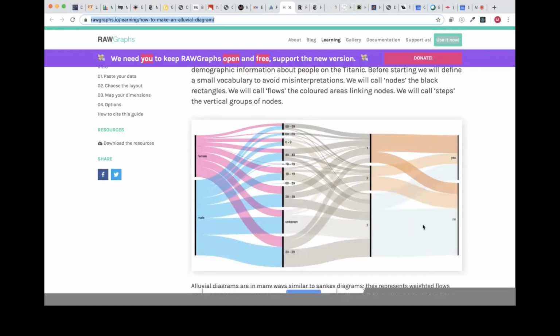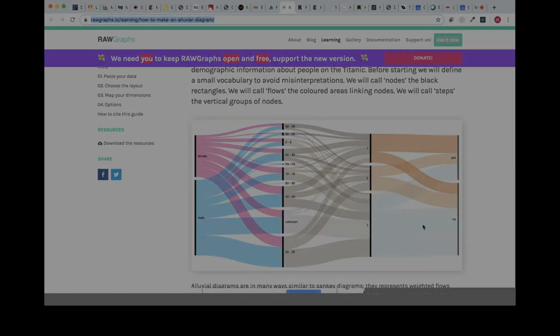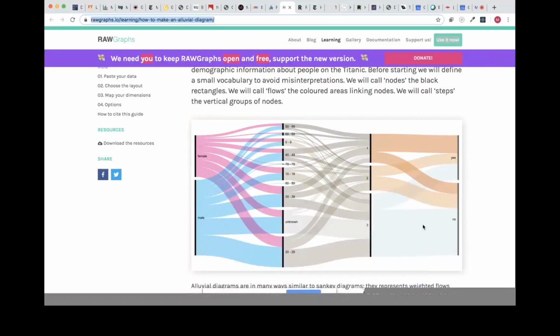The next step shows you the breakdown by class that people were traveling in, first, second, and third class. And then the last part of the chart shows you whether people survived the Titanic disaster or not. So here you can see that many of the people traveling in third class did not survive